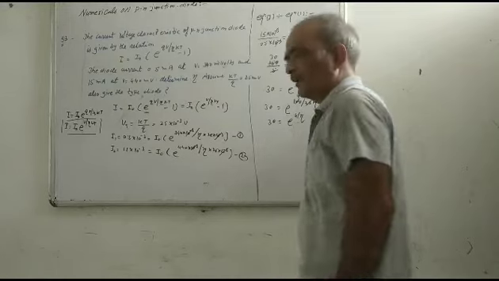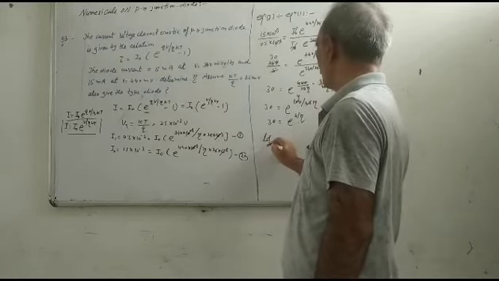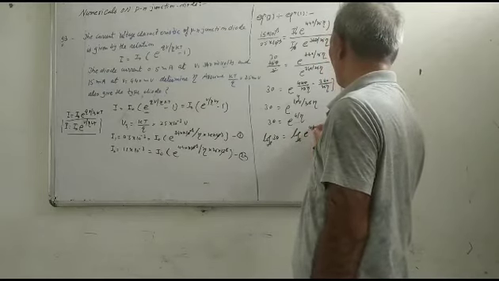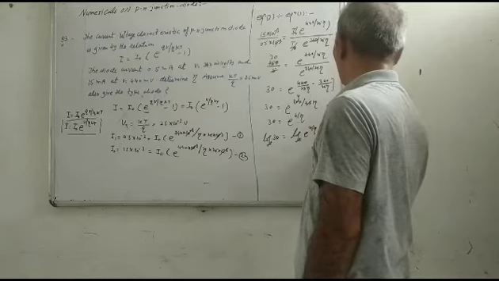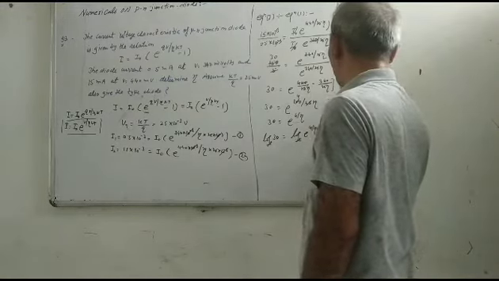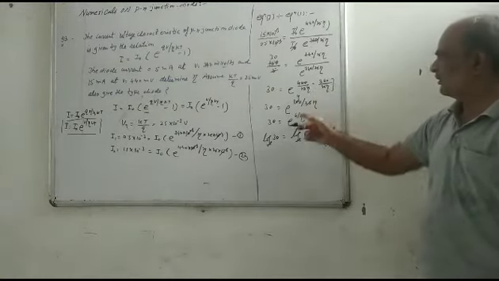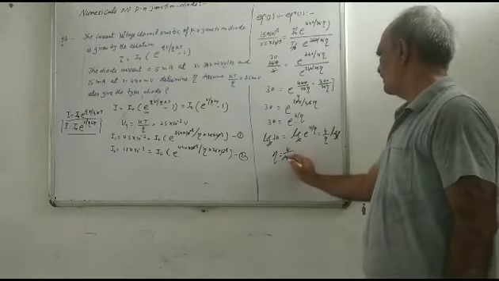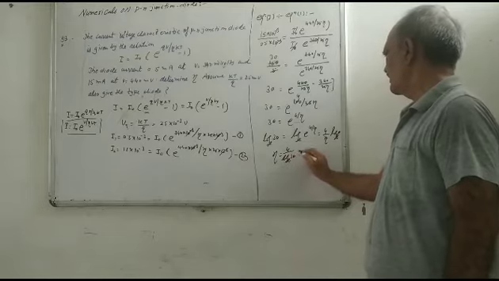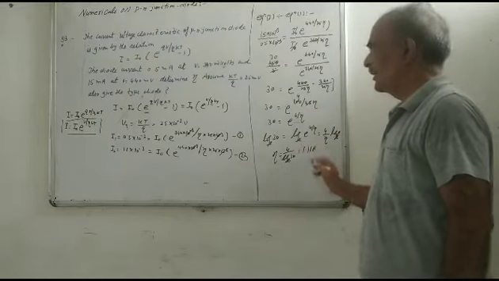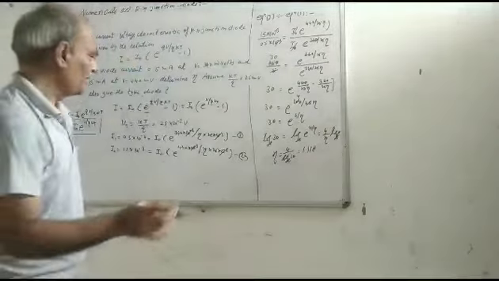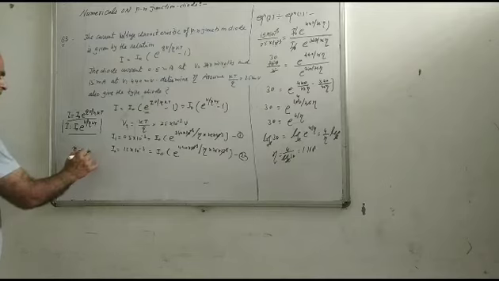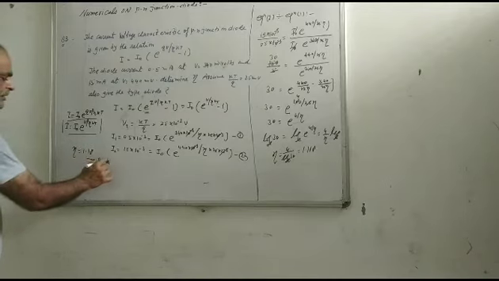Taking log of both the sides, natural log, e to the base e: 4 upon eta is equal to 4 upon eta log e to the base e. So eta is equal to 4 upon log e to the base 30, which is equal to 1.18. As the value of eta is near to 1, eta is equal to 1.18. So the diode is a germanium diode.